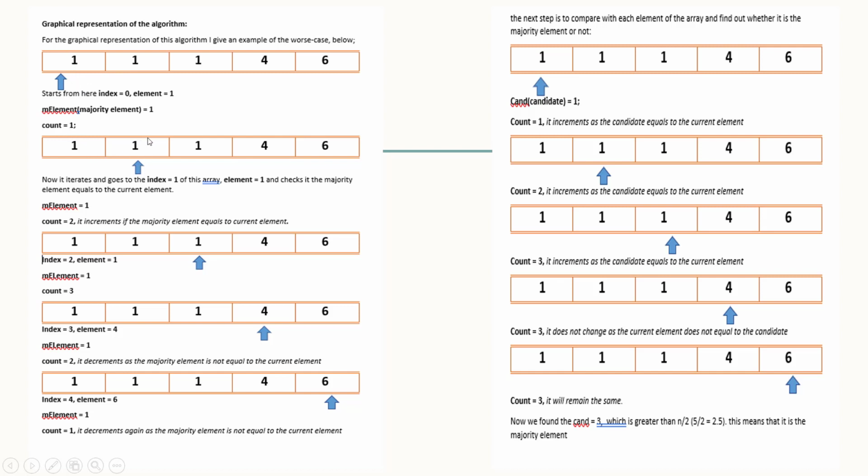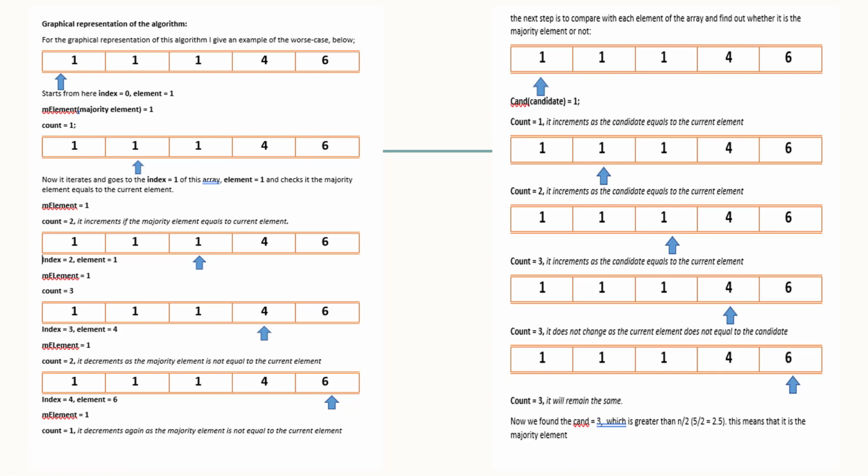equal to 1. Now we will go to the second one. In the second one, the element is 1. The index is also 1 here, because it's the second index. And now we see that the majority element was 1, right? So we check if the majority element equals the element. If they are equal, then we will increment the count by 1. So count equals 2. Now we will go to the third element of this array, which is 1. The majority element is also 1. So they are equal. That's why we increment the count by 1 again, which equals